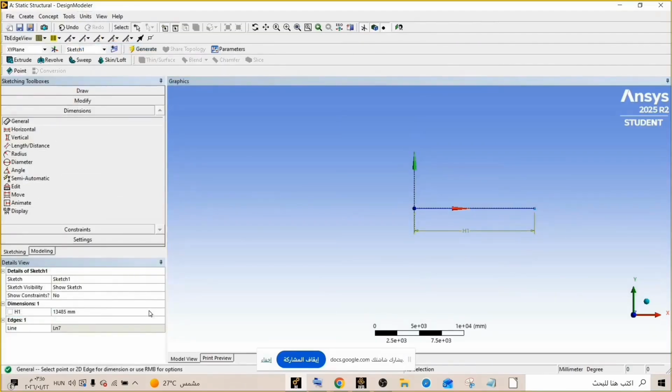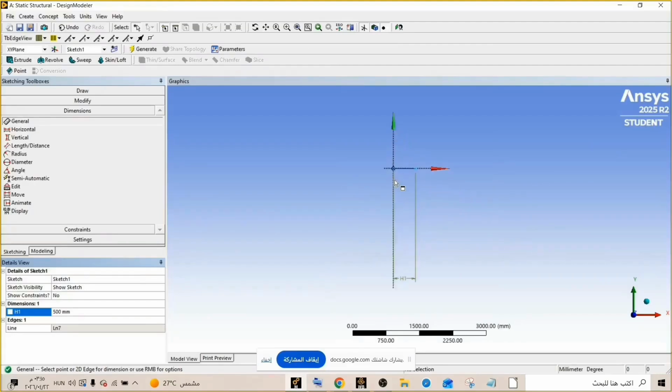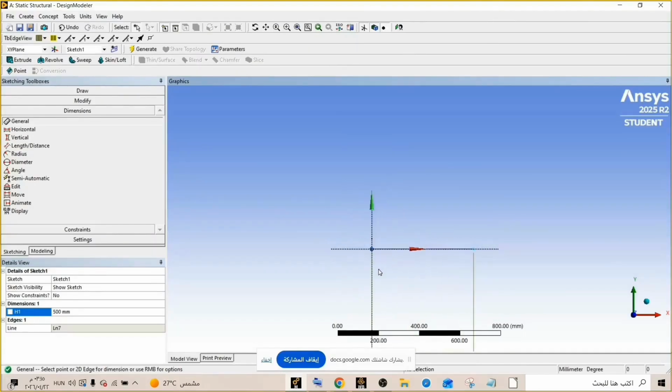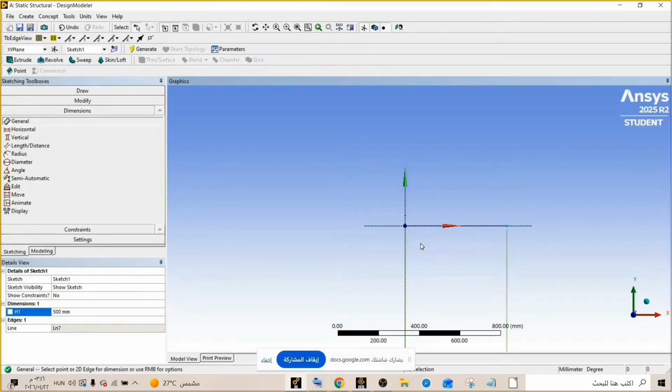So we go to units, millimeter, and now the units are changed. Now the value of H1 is 500 millimeter. Enter. So if you want to zoom in to see our line, so now I have created a sketch.